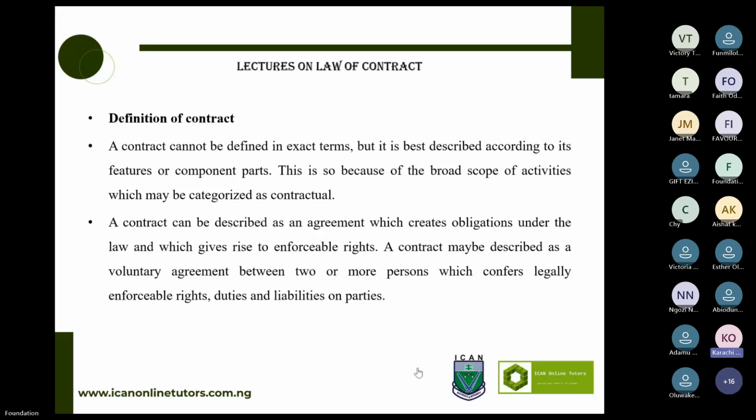Okay. Contracts, my own understanding, is more like where two parties come together to agree to the terms and conditions stated, whether on paper or on an electronic device. Yeah, so before they enter into the contract. So it's more like an agreement between two parties, based on the terms and conditions stated before they enter into contract. Thank you.